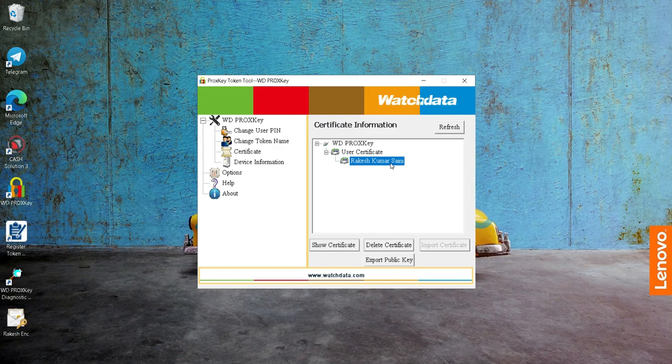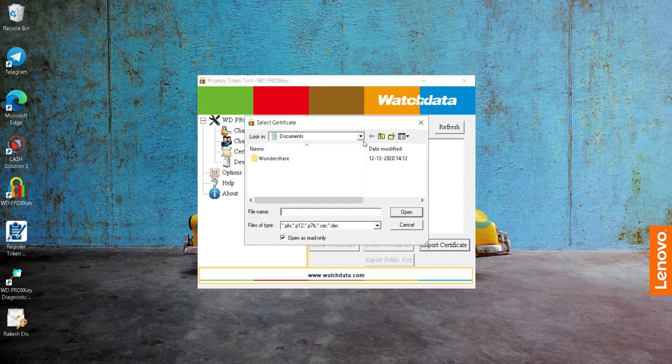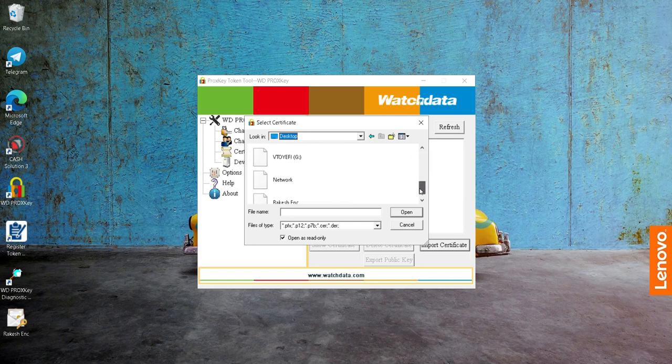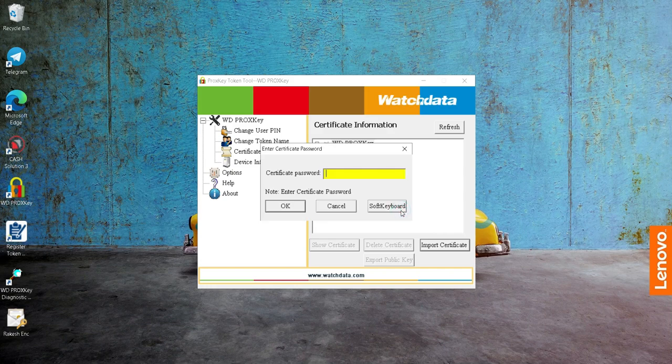I can import the certificate by clicking on the token device and then selecting import certificate. This option is located in different positions for different token vendors. You can always find this option in their interface. Now I will navigate to the desktop and then select the certificate and click OK. Here it will ask me for the PFX password